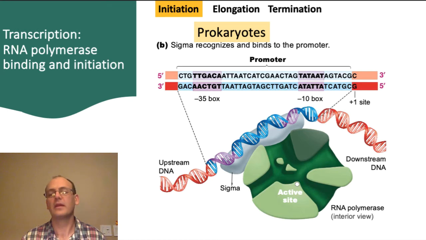In any case, sigma identifies the promoter sequence and determines the correct orientation of the enzyme in relation to the DNA strand. Binding to the promoter also determines which strand of DNA gets transcribed. Remember that the other strand of DNA is not the same, but complementary, so that particular sequence only occurs on one strand. As initiation completes, the RNA polymerase unwinds the DNA, separating the two strands and allowing elongation to start.